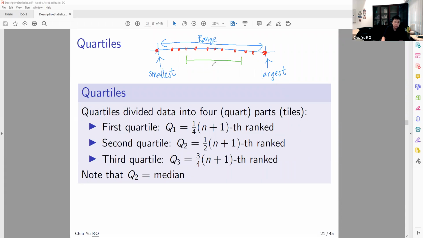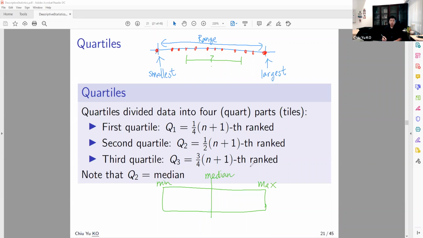But what is measured in the middle, what does that mean, right? What we're going to do is divide the data into 4 parts, okay? That is called the quartile, okay? So basically the data is like this, right? This is the min, this is the max, right? And the middle, we know, is the median,